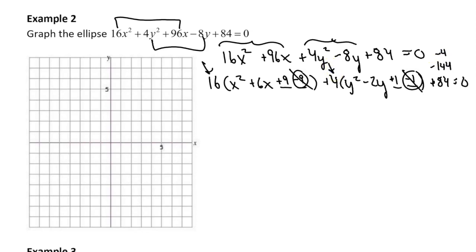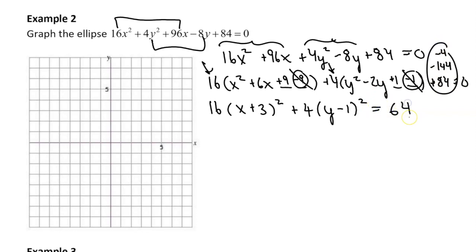And so now we can start to clean this up a little bit. And we could say we have 16 times x plus 3 squared plus 4 times bracket y subtract 1 squared. And then over here we would get -64. And so this -64 that we have all over here, I'm going to add that onto the other side. So we have plus 64 on the right side. And we know that if we want to write this, we probably want to keep our right side equaling 1. So let's divide by 64,